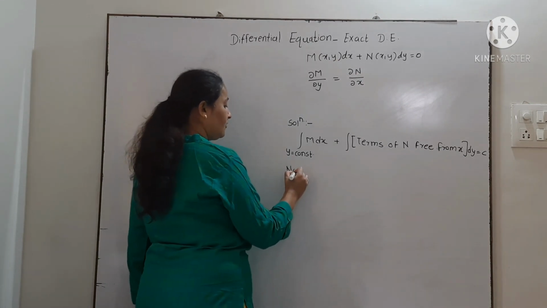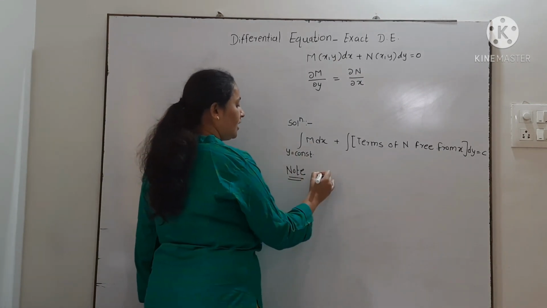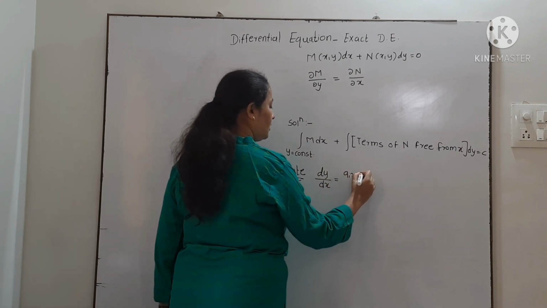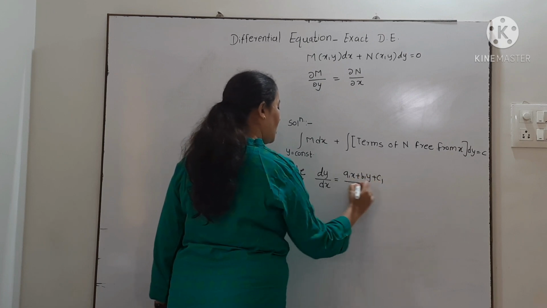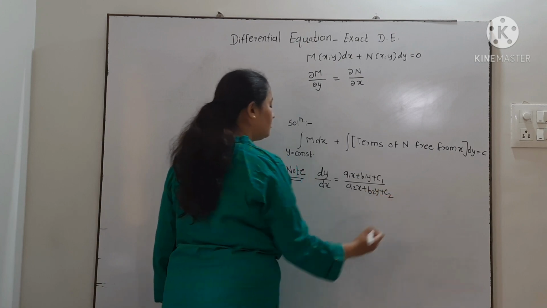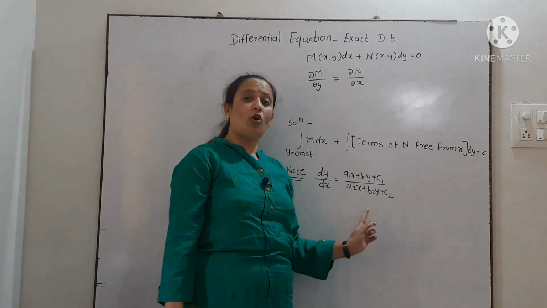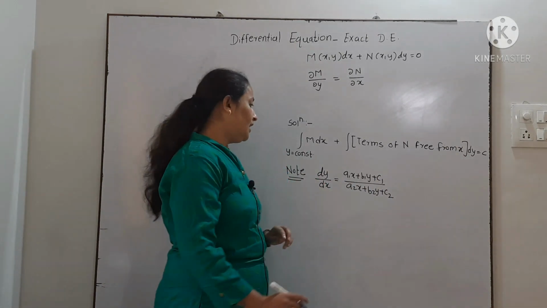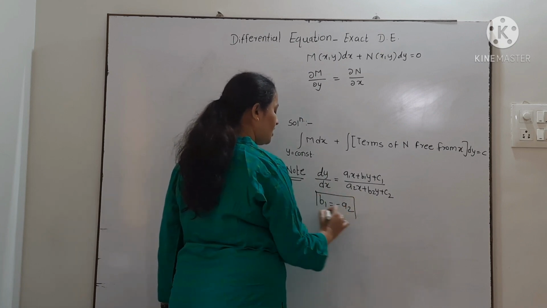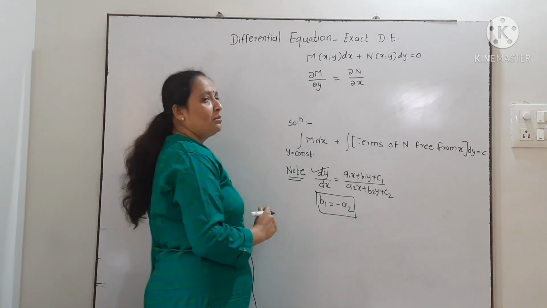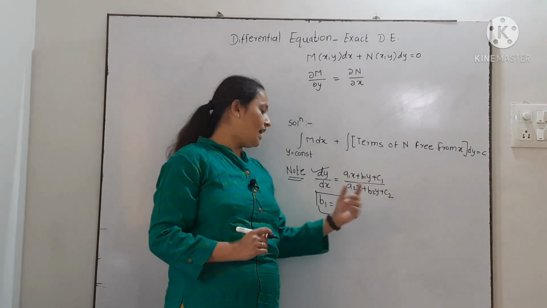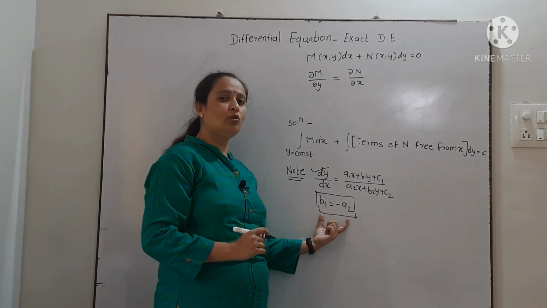Then one more thing I can see, we can write down one note over here. The equation dy by dx equal to (a1x plus b1y plus c1) upon (a2x plus b2y plus c2). If you see the previous video, you will observe that this is nothing but non-homogeneous differential equation, and in this if you have b1 is equal to minus a2, if this condition is satisfied, then this equation becomes exact. What you have? This non-homogeneous equation becomes exact if you have the condition b1 is equal to minus a2.